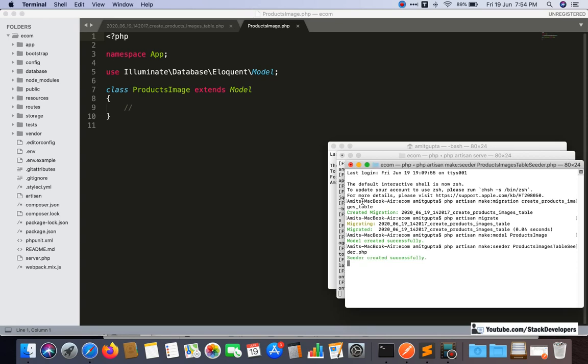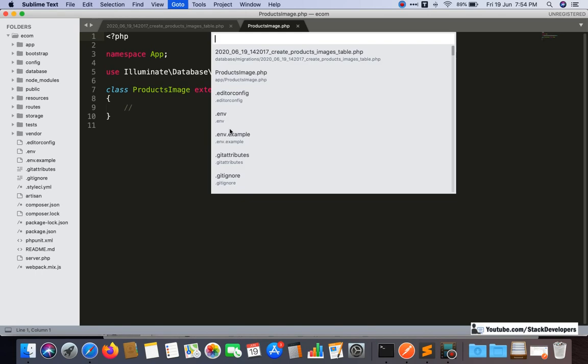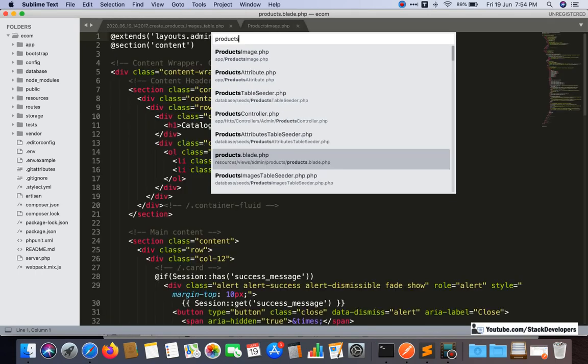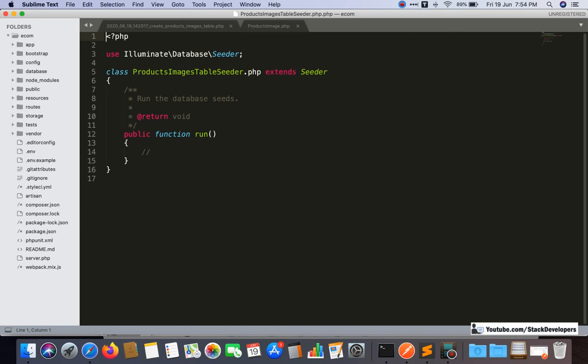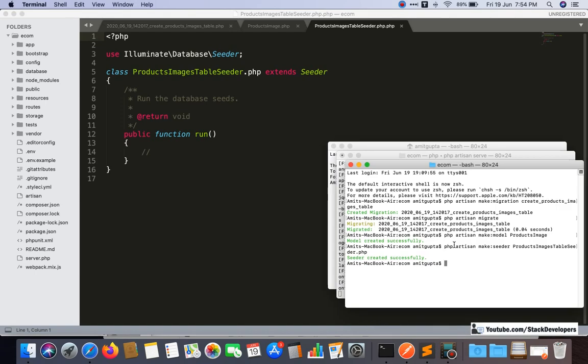Seeder created successfully, so I can open this file here. Sorry, the .php is not required, so we can remove it from the command. I can give the command again and enter.